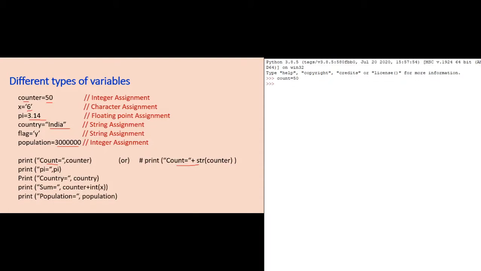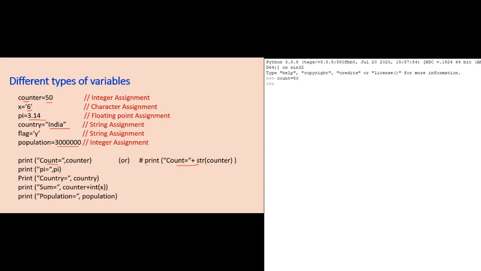For that, just type count equal to, close the quotation mark, give a comma. Comma is used to separate the string message from the variable name. Comma followed by the variable name whose value needs to be printed.